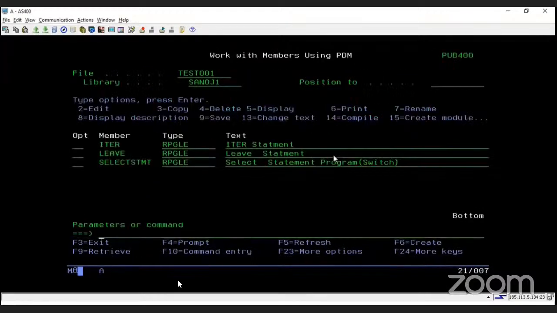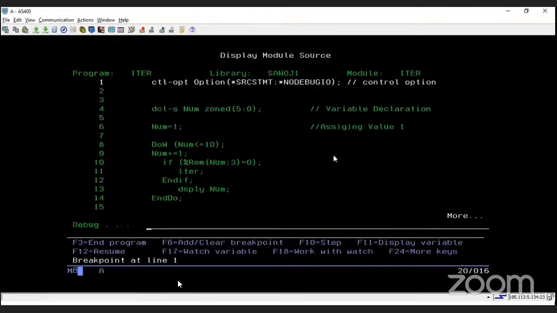Now F10, then assigning the value, checking the condition. Here it is incrementing the value, so this time it will be 2. Then F10, and here it is calculating the remainder by dividing by 3, and if this is true,